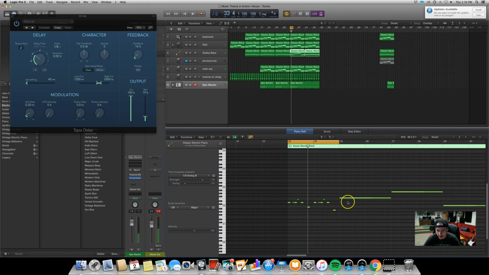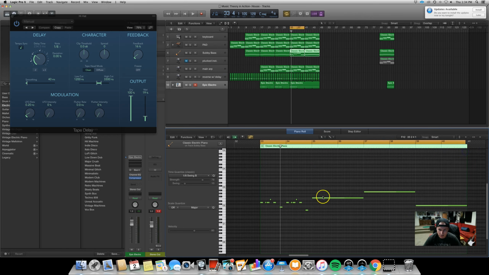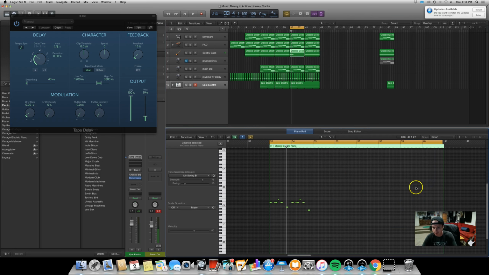Cool. We're getting there. Now, what we could do, so in house music, it can be pretty common to have the bass rotate around 1 chord and then essentially have that progression change. So let me show you what it's going to sound like as all of our chords change, but we stay on the same bass line. One important thing to note is that because we're on a D